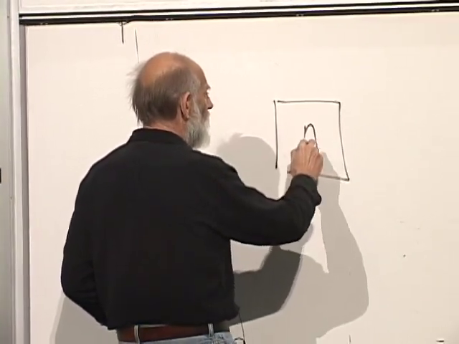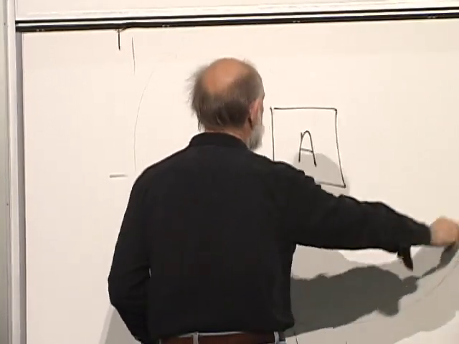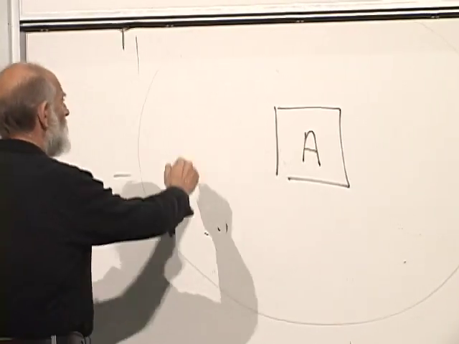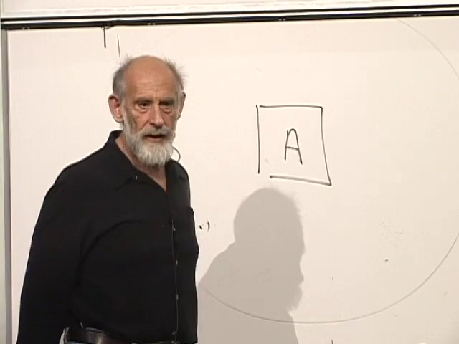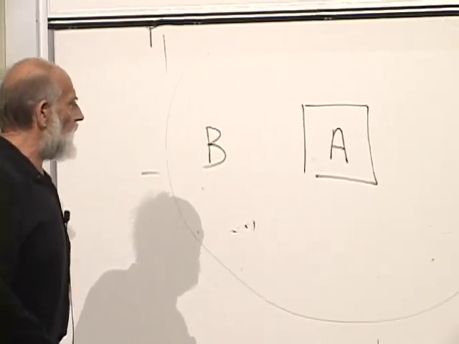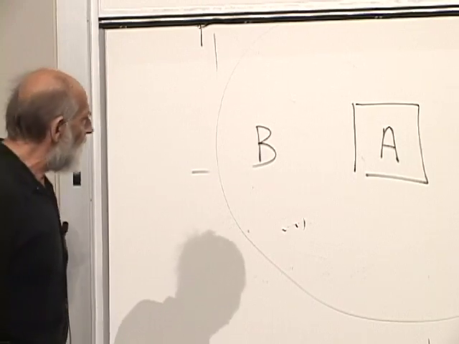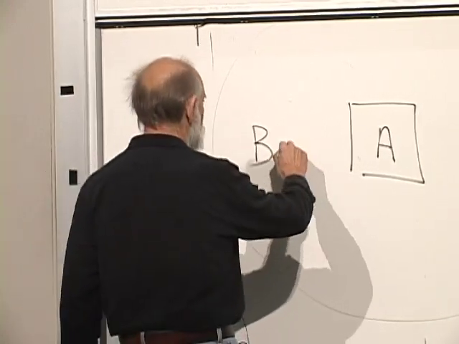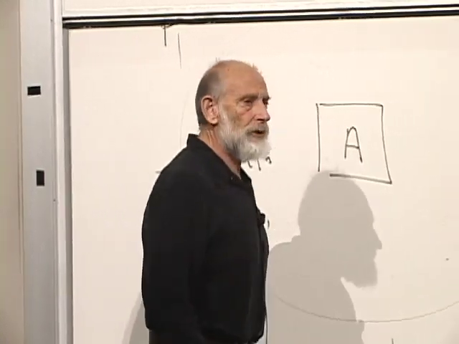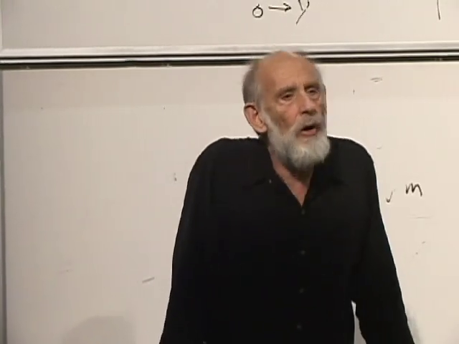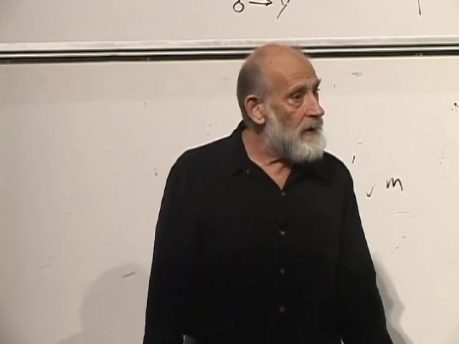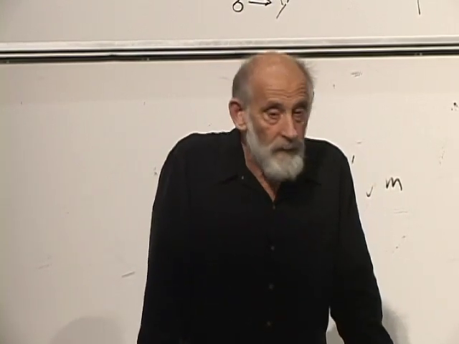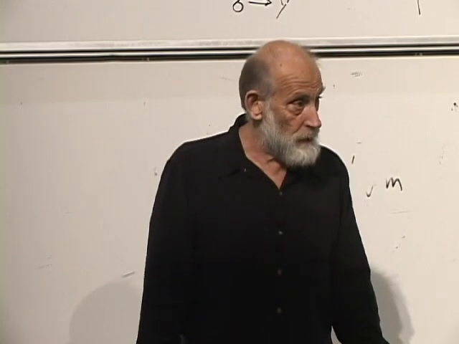A system A in contact with a much bigger system, B. A doesn't stand for anything. This is not Alice and Bob. This is A and B. A just stands for the system under consideration. B stands for heat bath. It's a very big system with many, many more degrees of freedom. And the whole combined system of A, the thing of interest, and B, the heat bath, has a given total energy. That's an assumption.